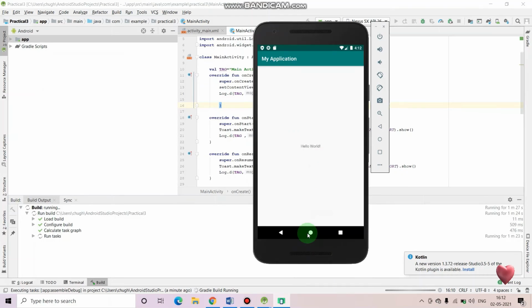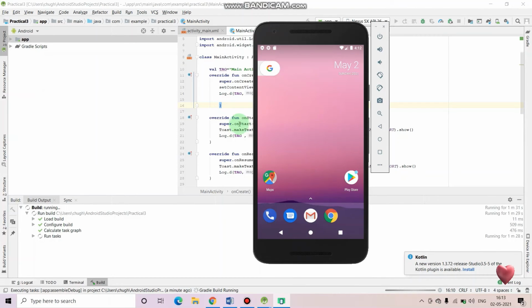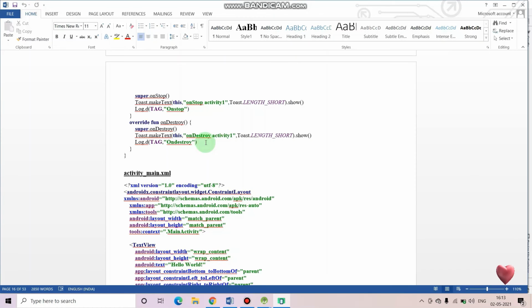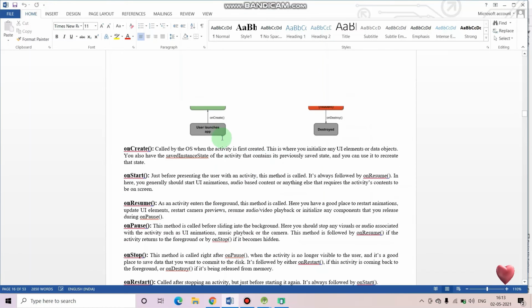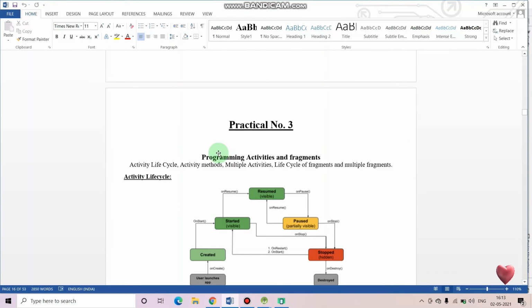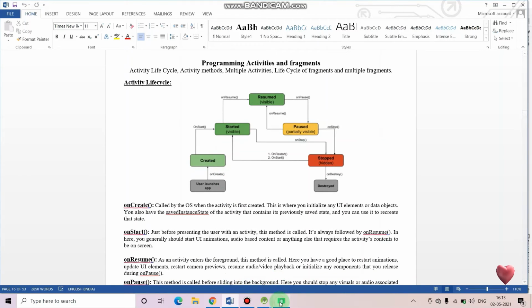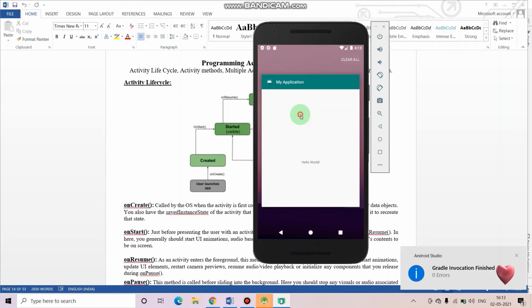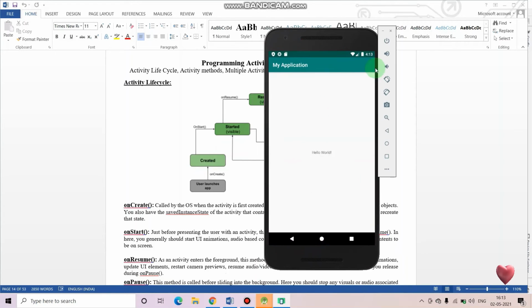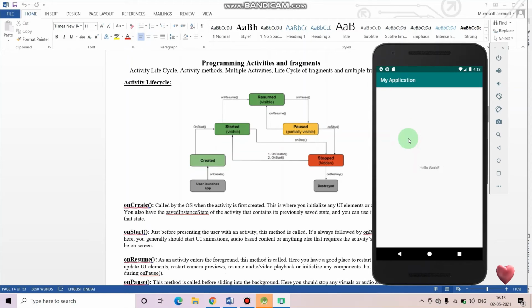It should show when I press the home. It is what it is. What happened? See,